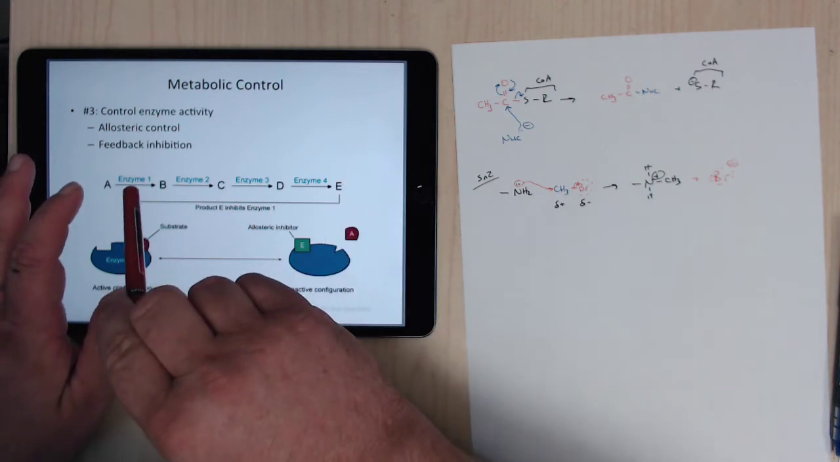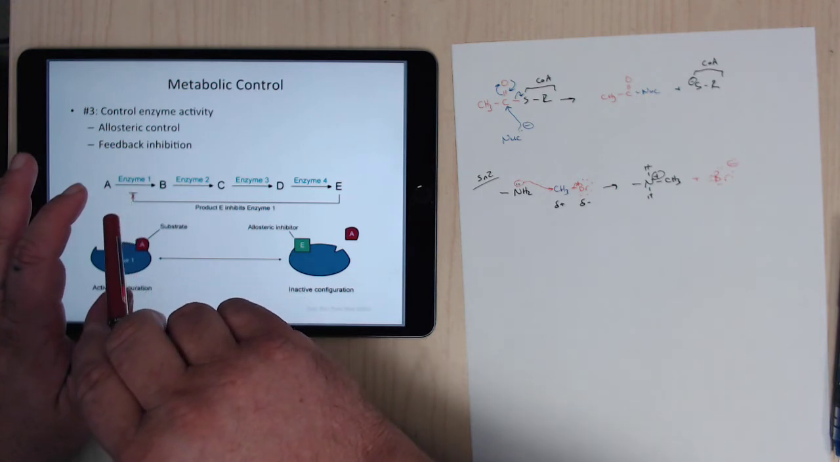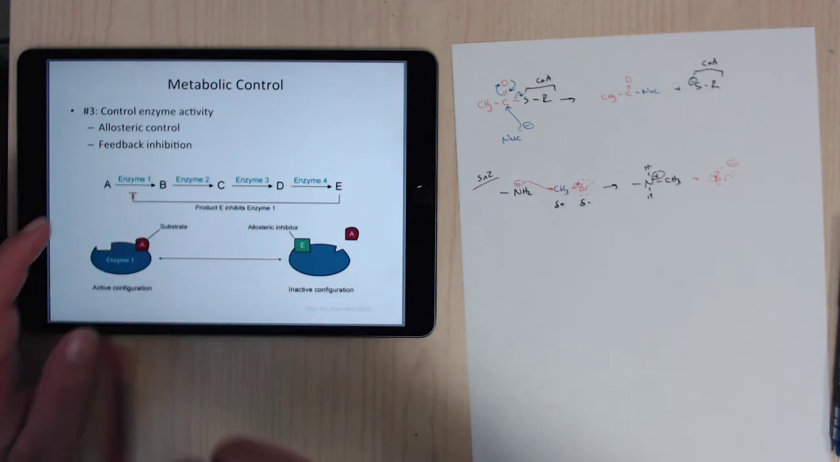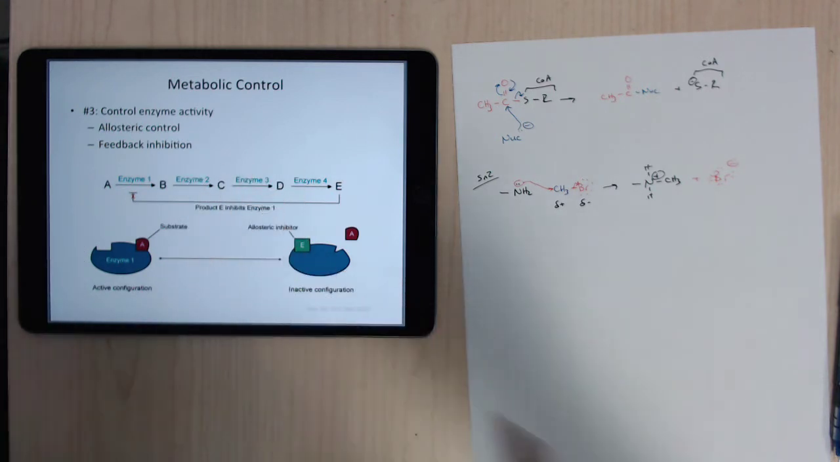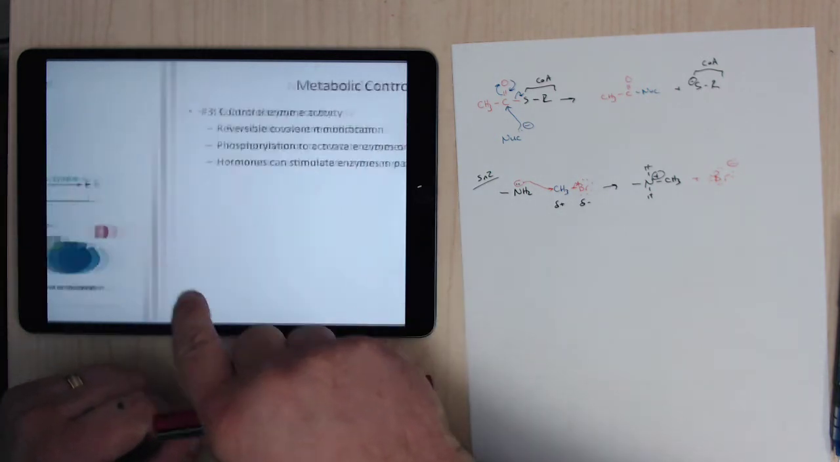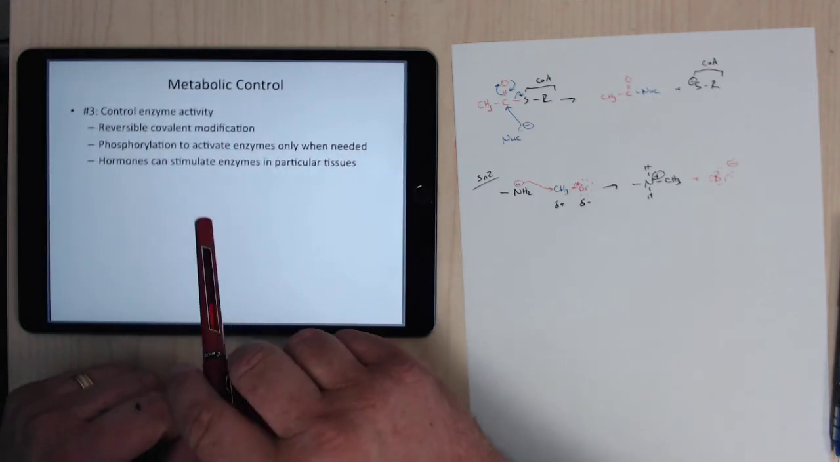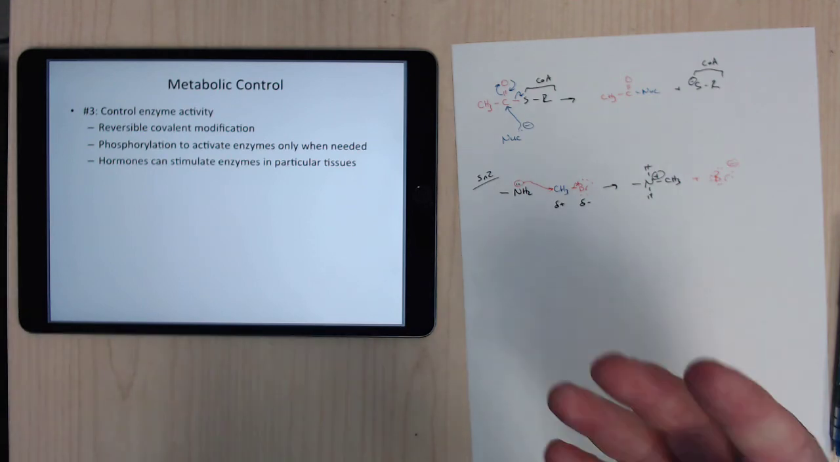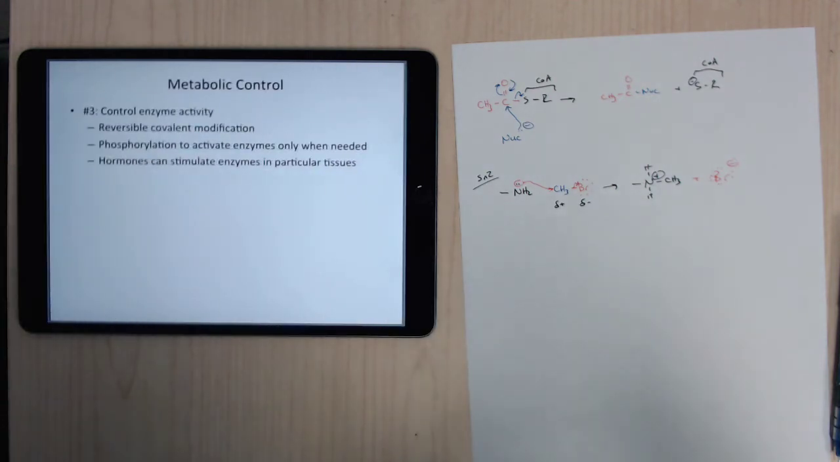It's best to get the feedback as early as you can, so you don't have to go through these steps unnecessarily. So you can get these allosteric effects. You can also do it with